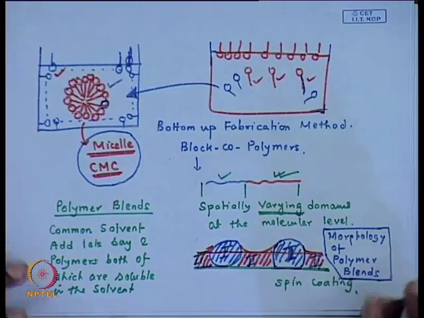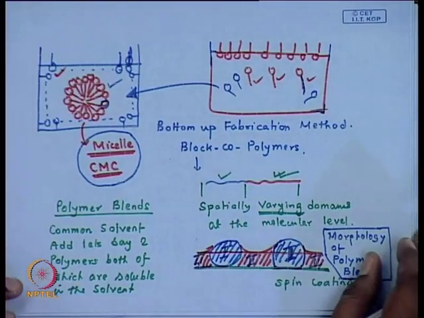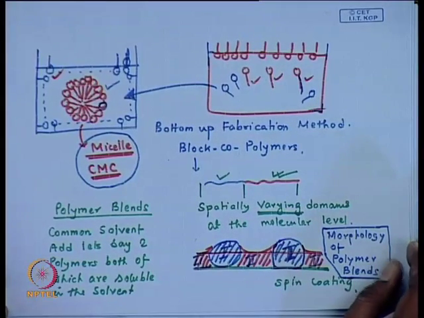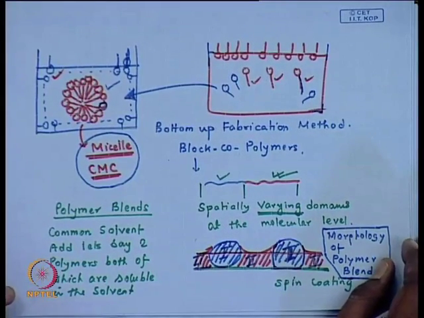So, conceptually these are some of the examples where you can have bottom up fabrication. Top down fabrication methods we are all too familiar with, you just hammer down something, chisel down something, etc. But what becomes important, as you will see in the subsequent discussion, is that even at the micro scale, the meso scale or the nano scale, you can't adopt the conventional top down methods. Because of the length scale associated with it, things change. So, if you really now want to